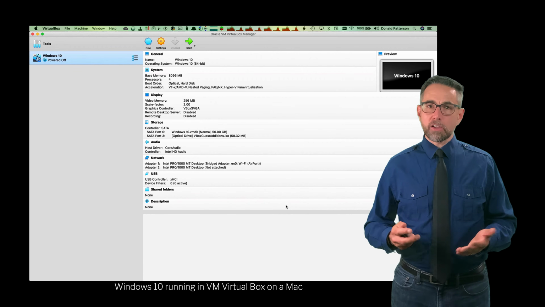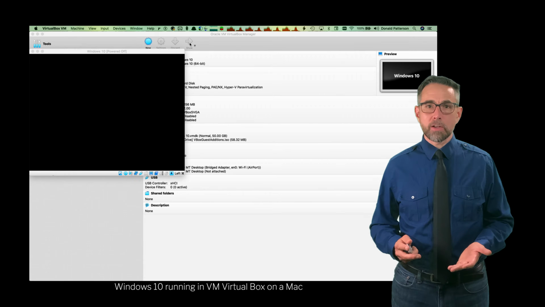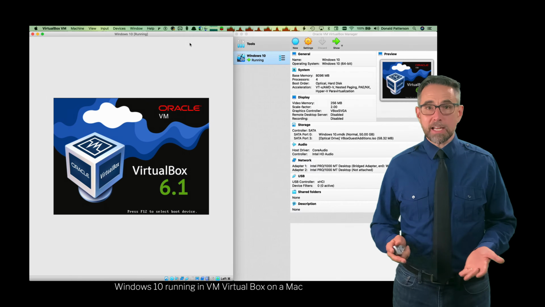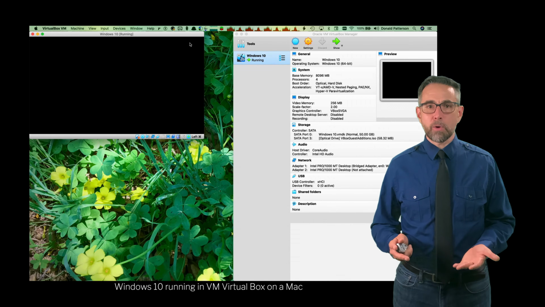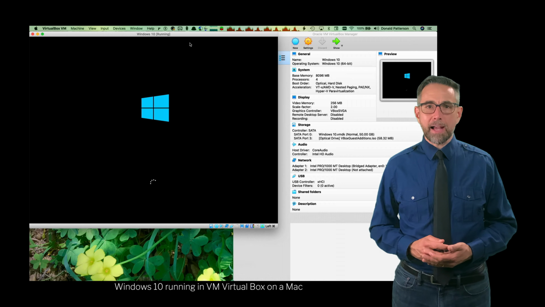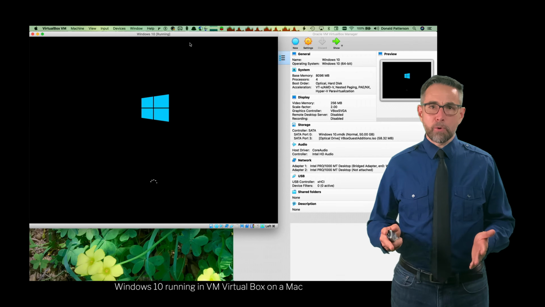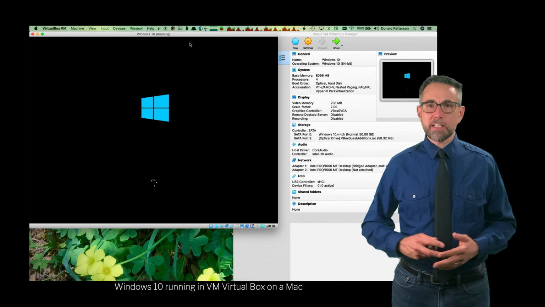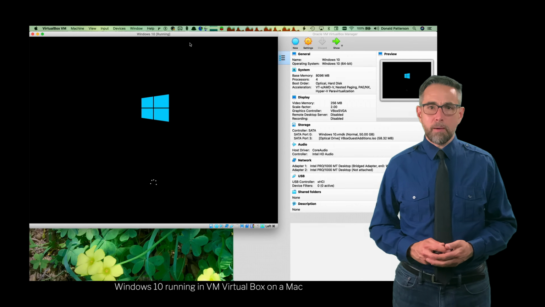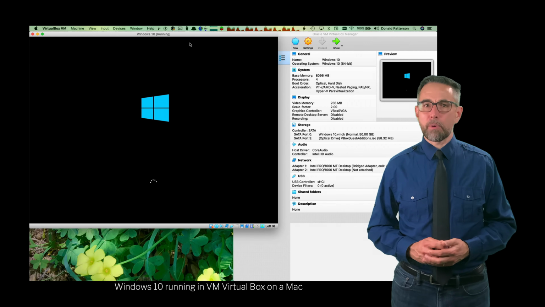When you start it, you get the control panel, you hit start, it brings up a window, and it looks like the desktop of a Windows machine. In fact, it is the desktop of a Windows machine as far as the software knows, but you can see that it's running embedded in a window on my Mac. I'm going to let this run and speed it up so that we don't wait for the software to load, but I just want you to see what it looks like to run one of these guest operating systems on top of your host operating system.